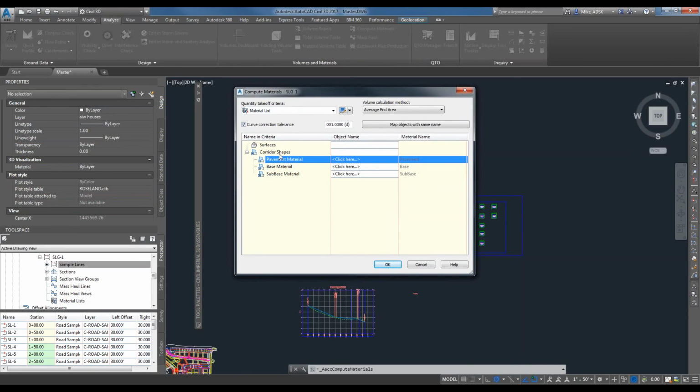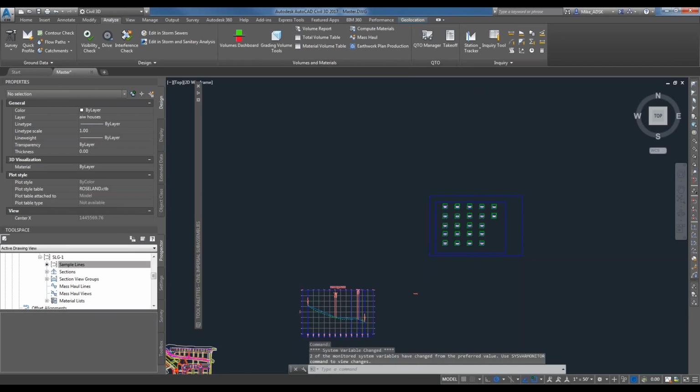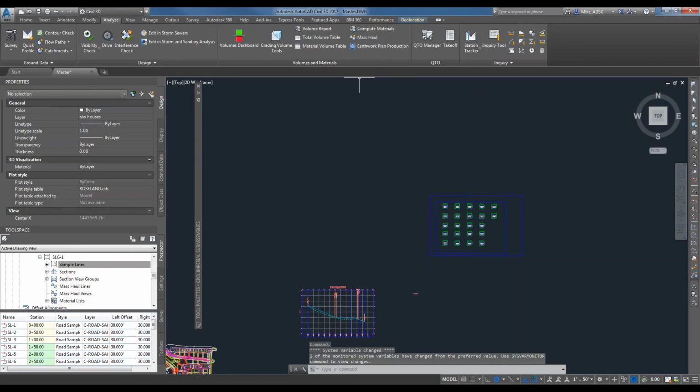Now, what this is telling me over here, it lets me select the pavement material because that is what the lanes were. So I'm just going to keep this on road pavement 1, base material, road base, sub base material. Keep all that. Calculate it out. So this is pretty good if you want to figure out how much pavement you're going to